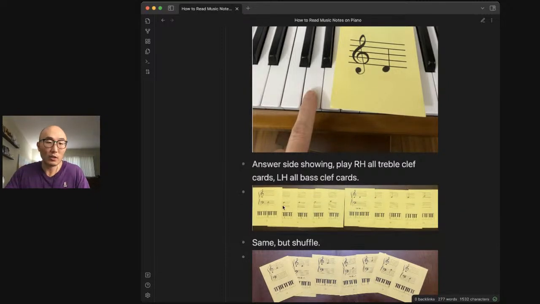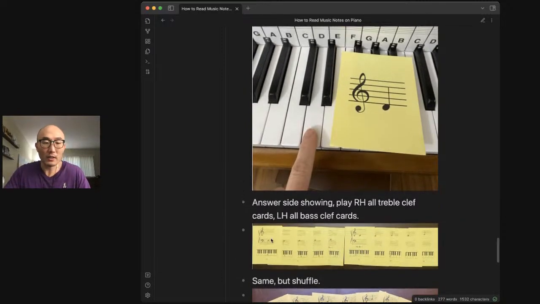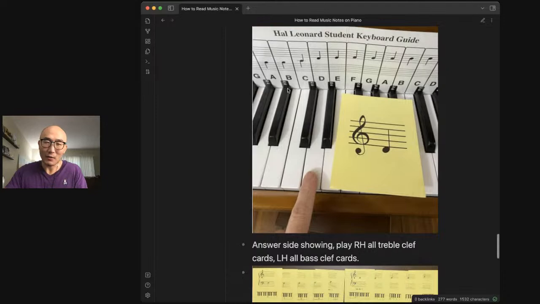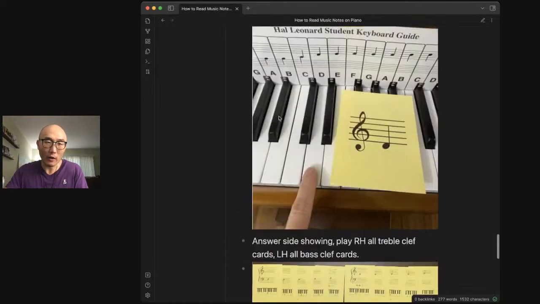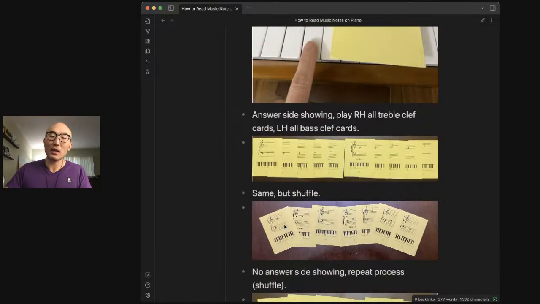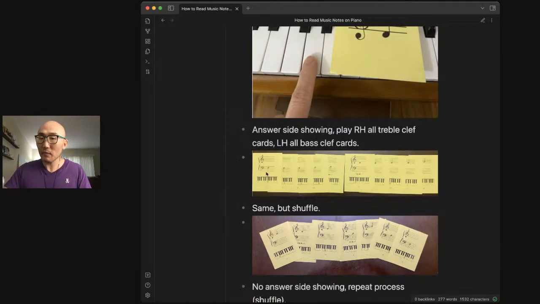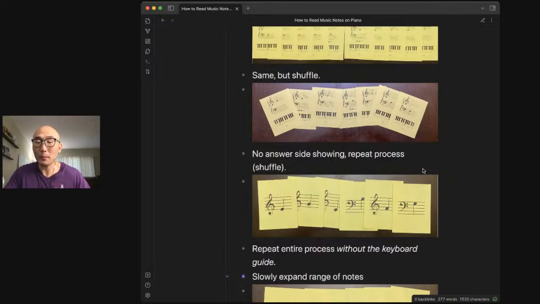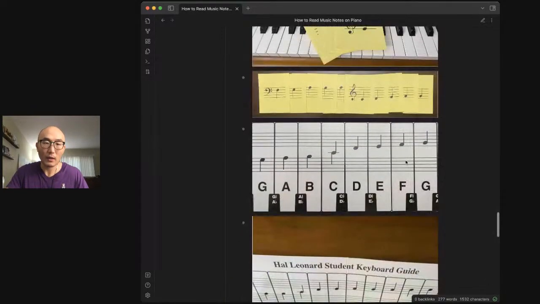Now, you just do this, just go up and down the piano, take in each flashcard, and then also maybe you can place it in front of your face or whatever. But anyway, just playing it on the piano using the keyboard guide. Just do this with every note. When that gets easy, you just do the same thing, but this time shuffle it. So now it's in a random sequence, and you could shuffle just the bass clef by itself. You could shuffle the treble clef by itself, and the last part that you can shuffle, just do it all together. So then you don't know if you're going to get a treble clef note or a bass clef note, okay? And now, when you're done with that, you just simply repeat this entire process, going back up here,